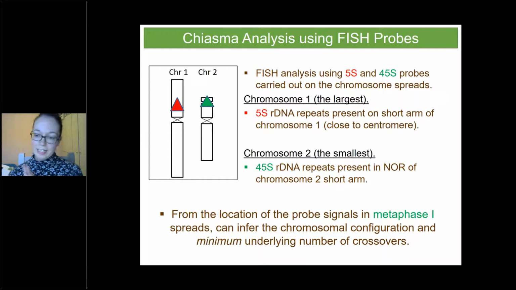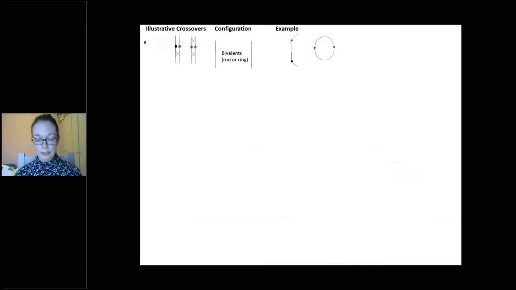So if we find meiocytes in metaphase 1 and do this FISH analysis, we can then have a look at the configuration for these 2 chromosomes and infer what's going on in terms of the crossovers. And I'll show you some examples of how we do that using the images of the chromosomes. But first of all, just to give you an overview and to rationalize what we're trying to do here,